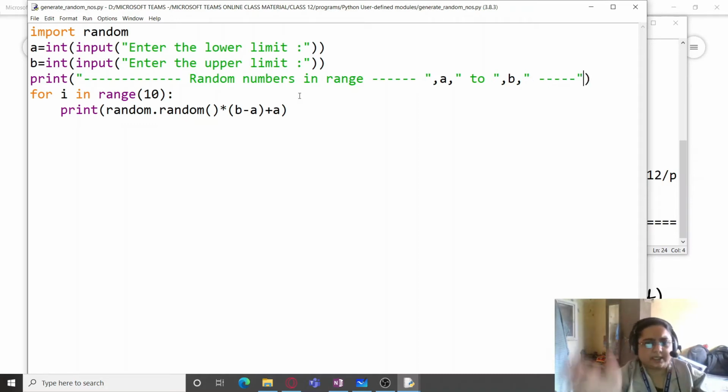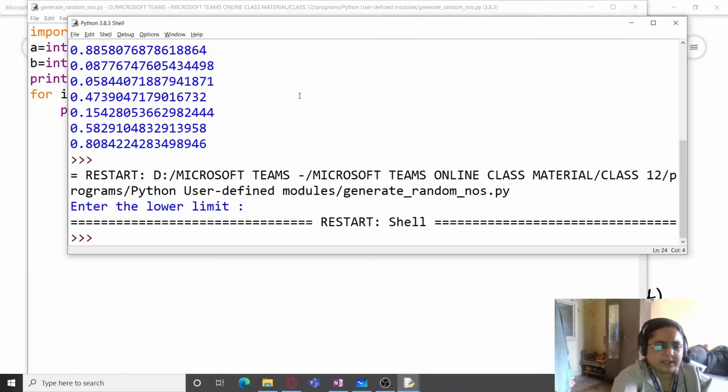So this is a small line which is going to be printed after we ask for the range from the user, such that the user knows that yes, the random numbers are being generated in this range.